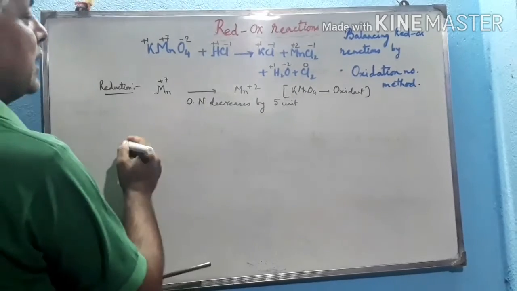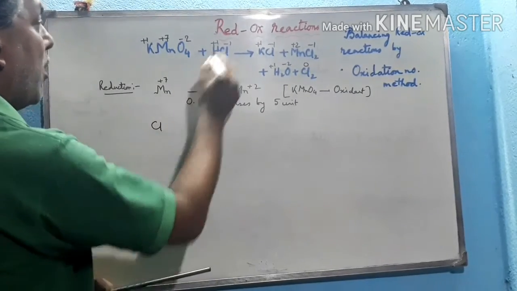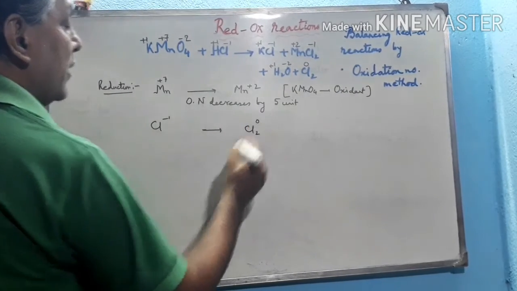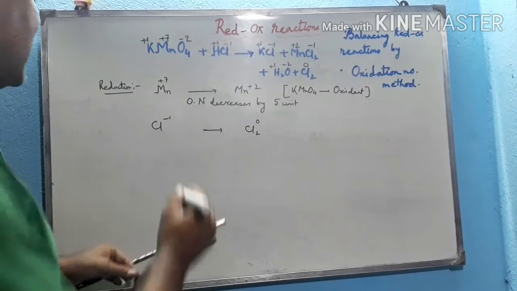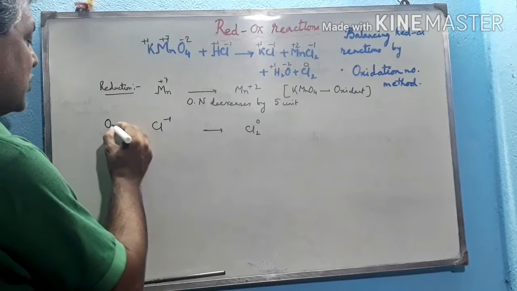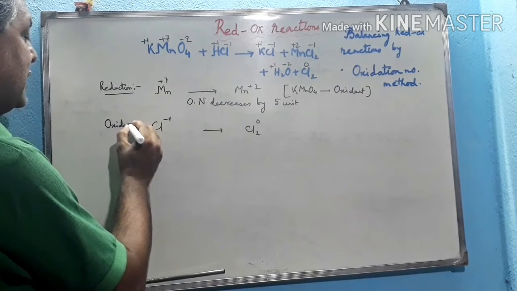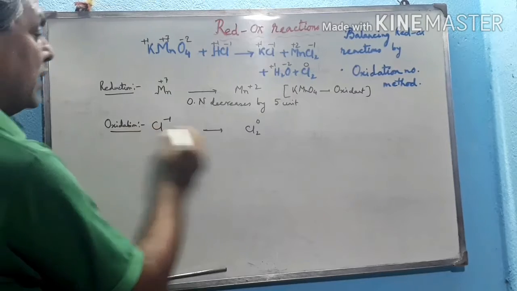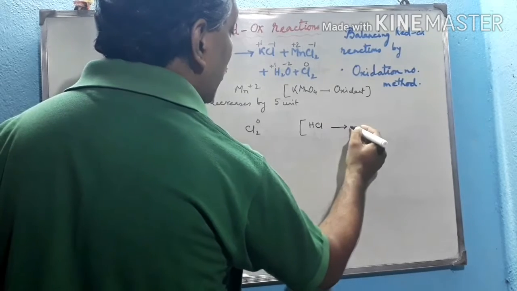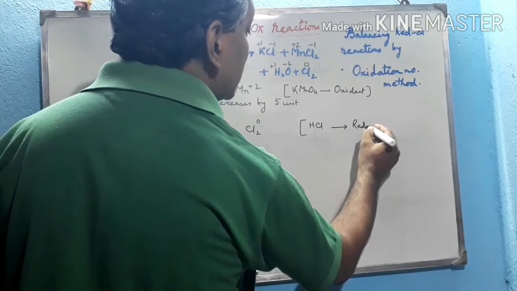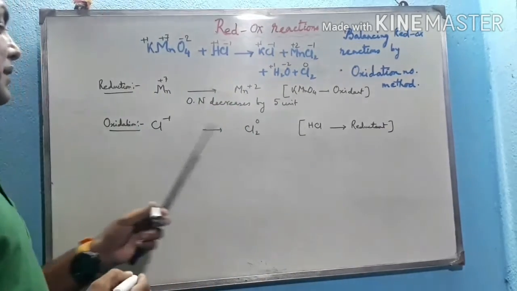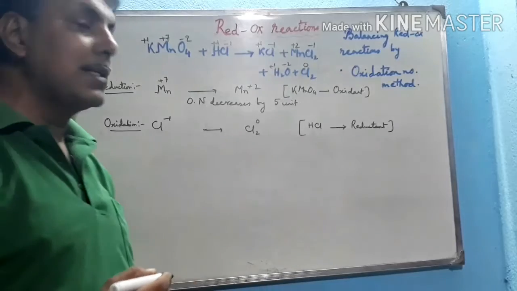And here see this chlorine, Cl from -1 to chlorine Cl2, 0. This is the second case where from -1 it goes to the 0 state, and that's why the oxidation number increases. So this process is oxidation, and hence we can say that HCl, hydrochloric acid, acts as a reductant because the oxidation number of chlorine is increased, that means it itself gets oxidized, and hence it acts as a reductant.